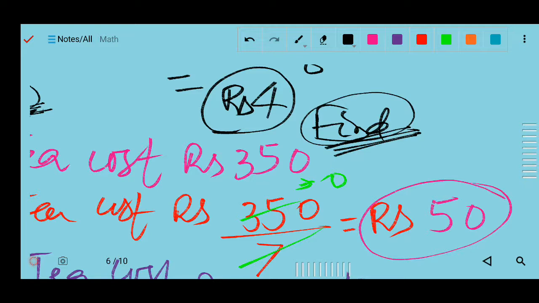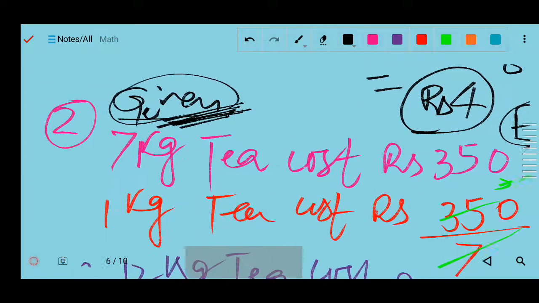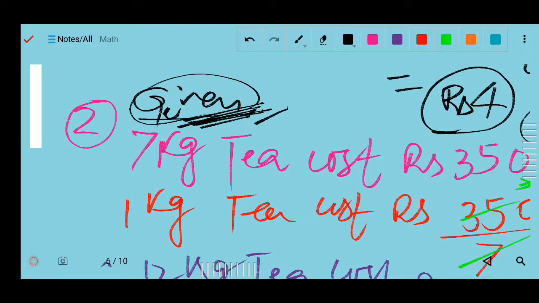So it's better you try to write the value you have to find out in the right side. Okay, this side, and whose value is given already, you try to write in the left side. Okay,